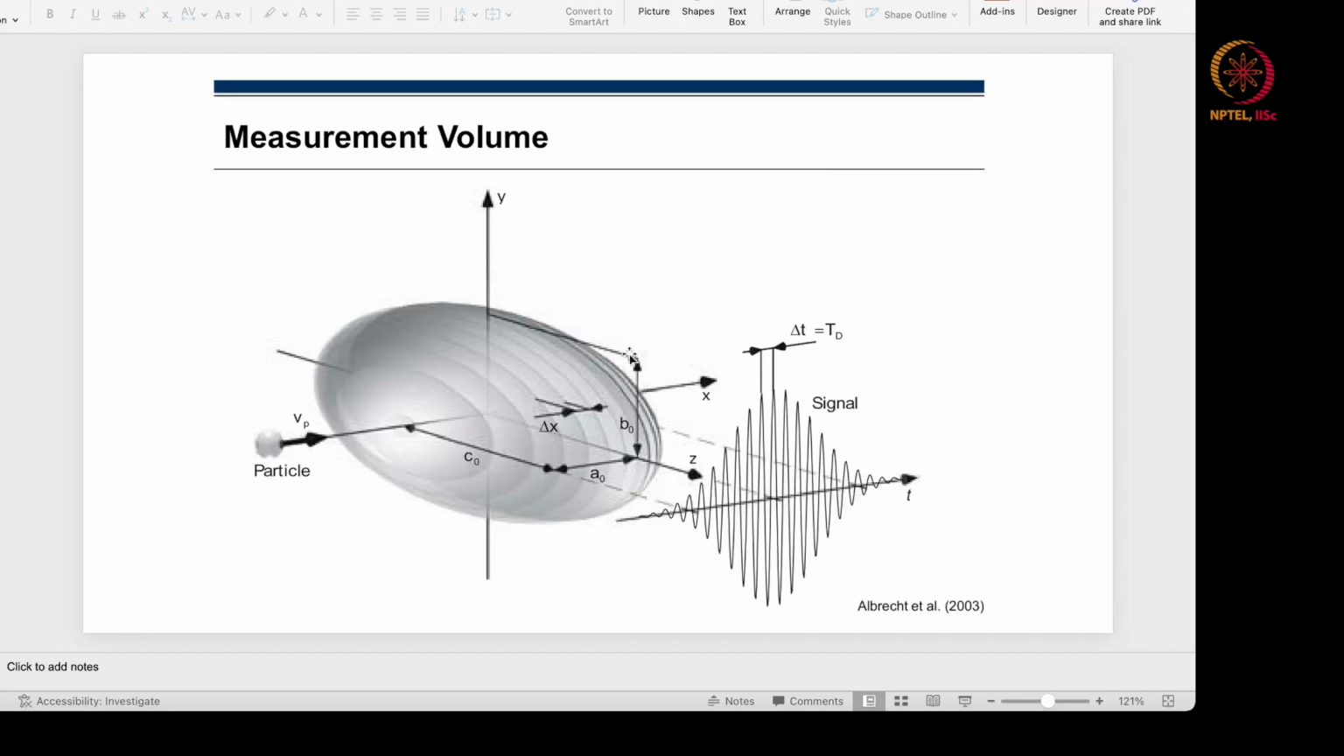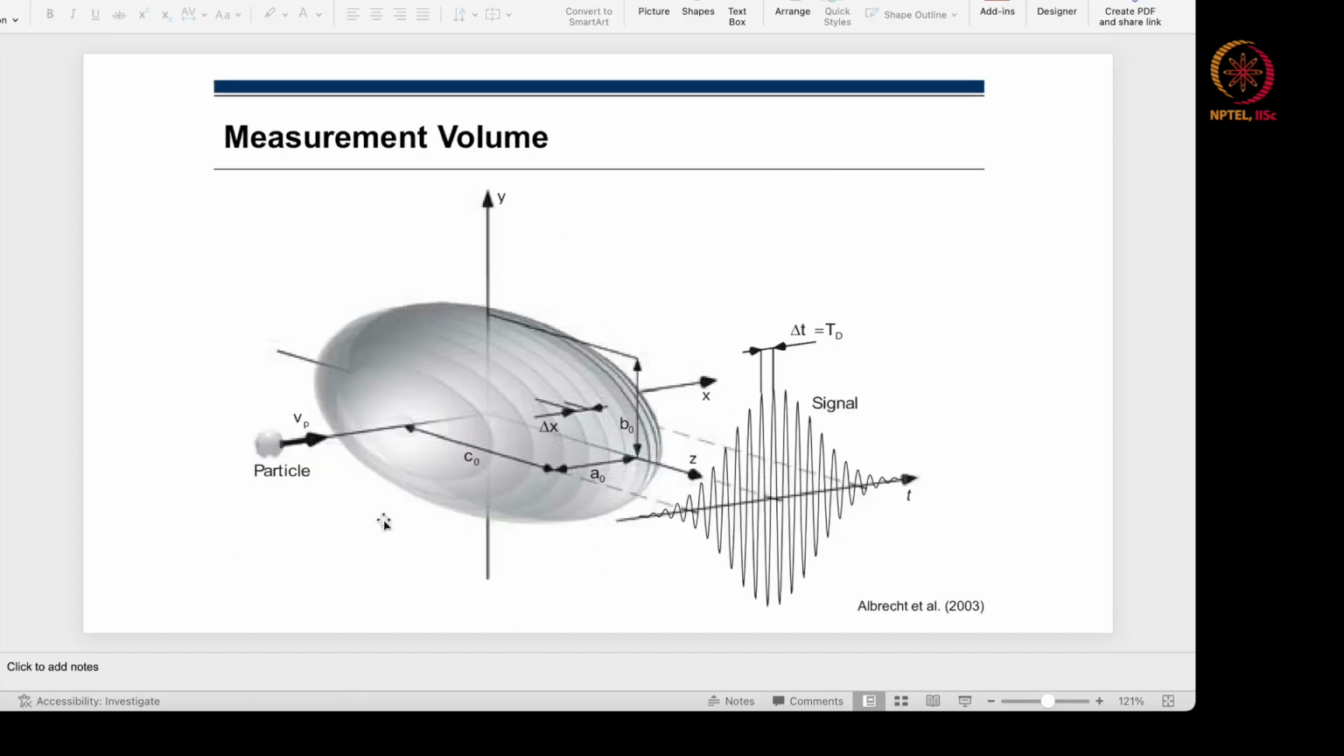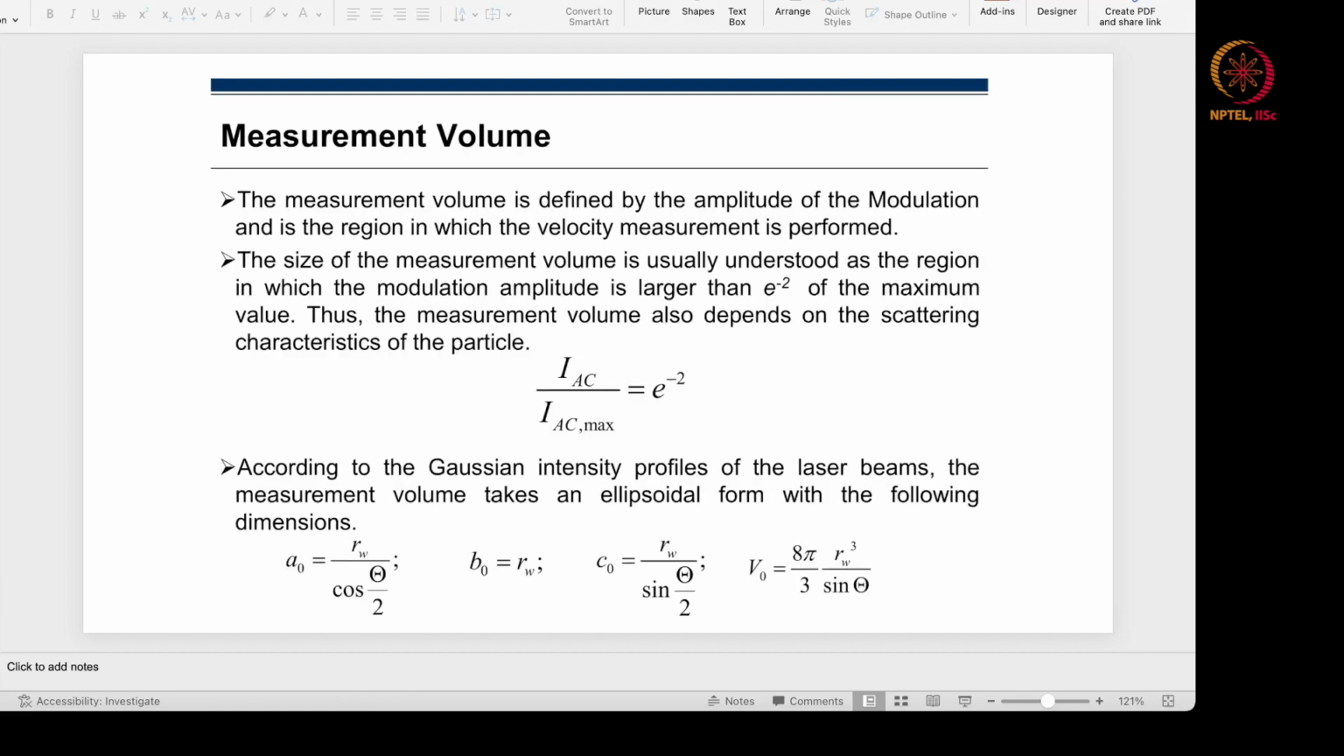Okay, so this A naught and B naught, the delta T is basically the time. And this is the signal characteristics as the particle passes through it. And you can see that I_AC by I_AC max is e to the power of minus 2, and all these characteristics are actually marked here. So you pre-choose, you define what is important for you, and then you can down-select only a portion